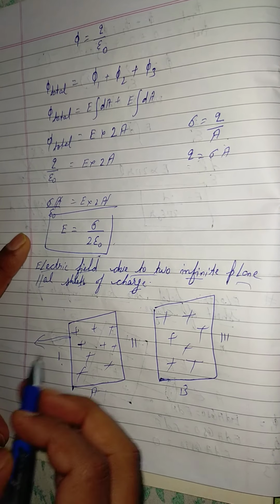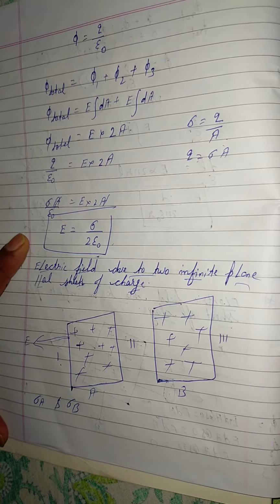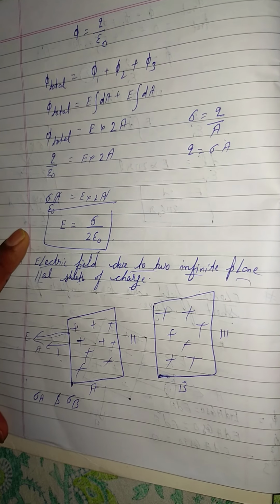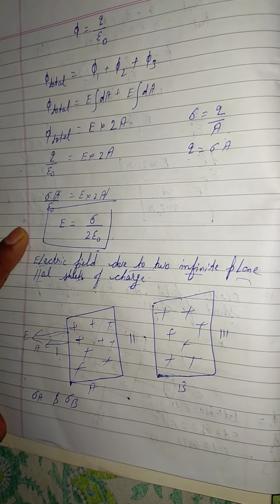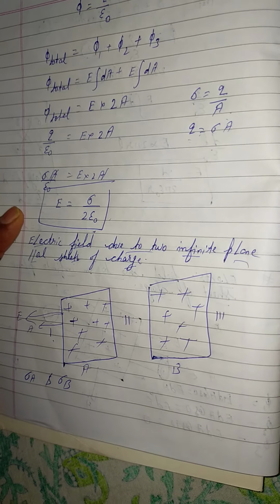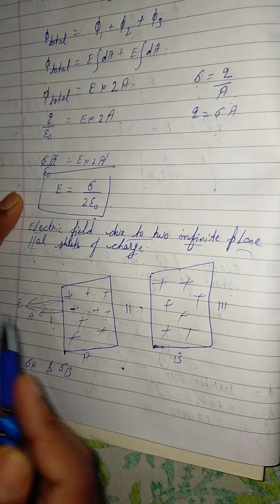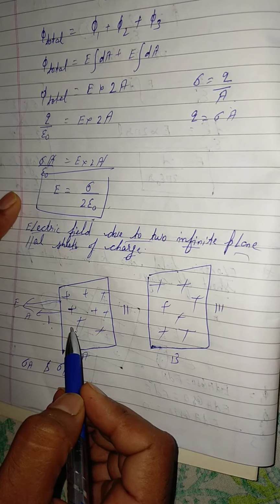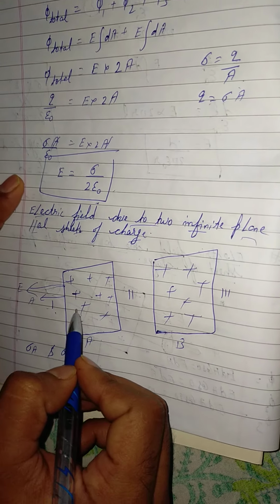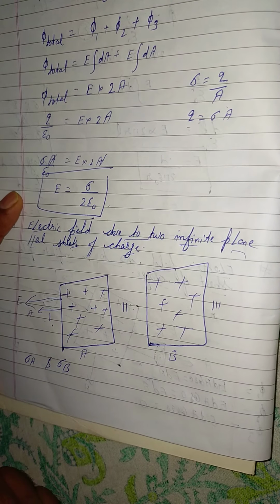Okay, and the area vector is also outside the electric field lines. The angle between them is 0, and it is moving opposite to the direction of positive, meaning right to left. We are considering left to right as positive, but it is moving right to left, so the surface charge density for A will be negative.